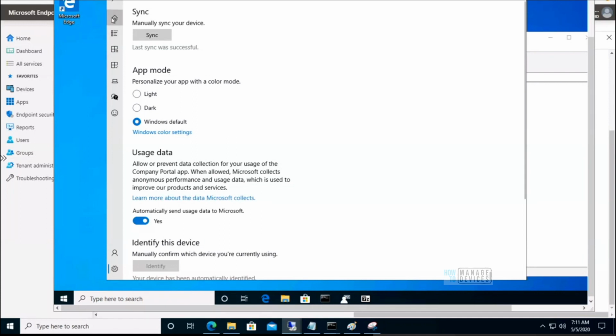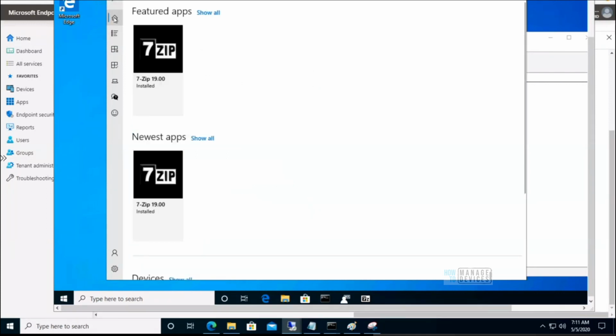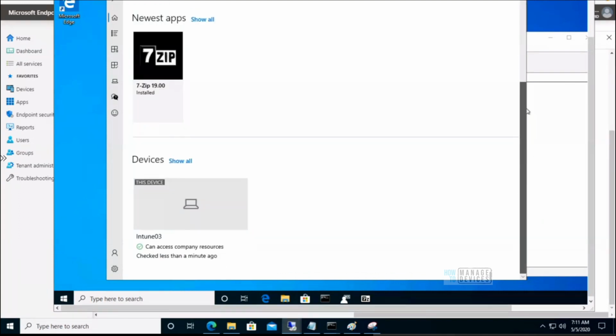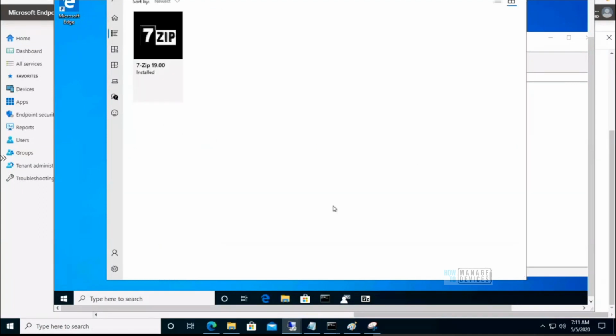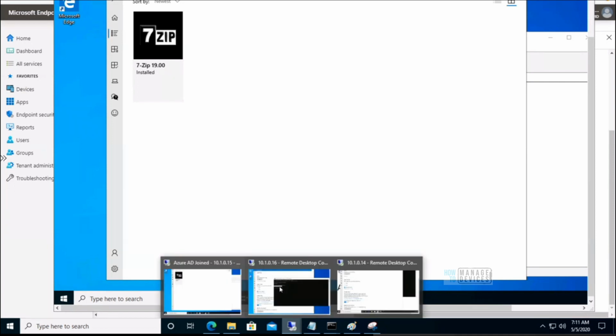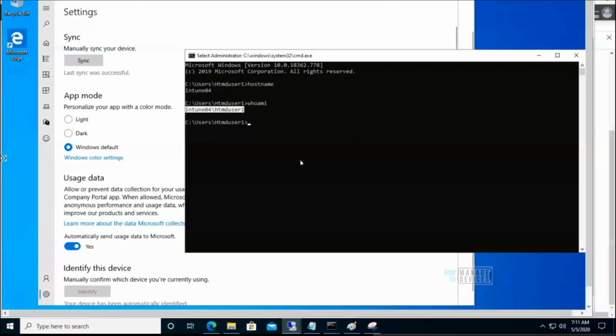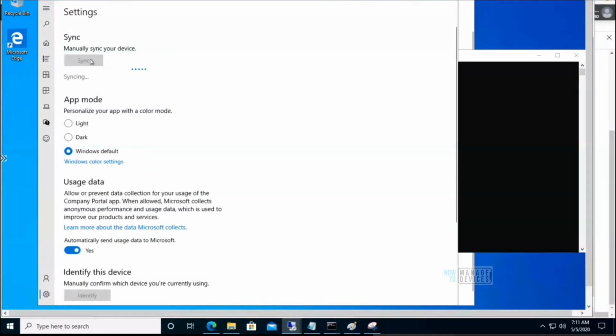Let me go to applications and see. Probably we may need to wait some more time to get that available application. And this is another device, Intune 04, and I manually synced it.